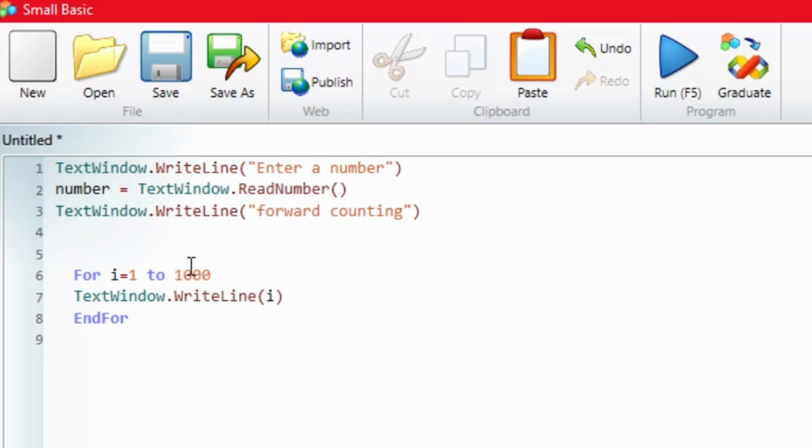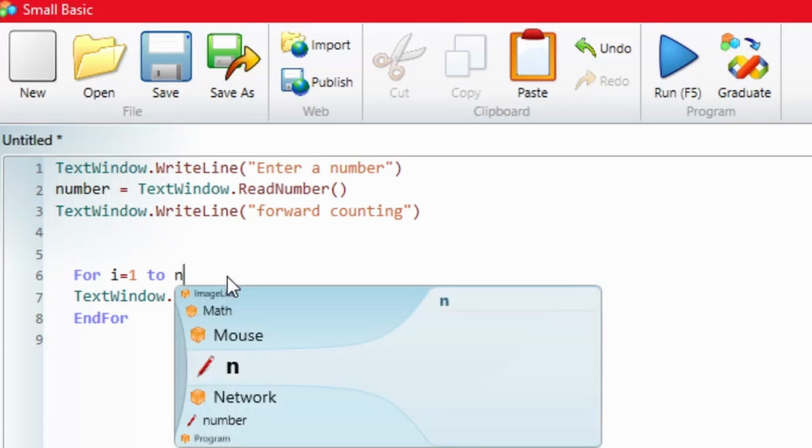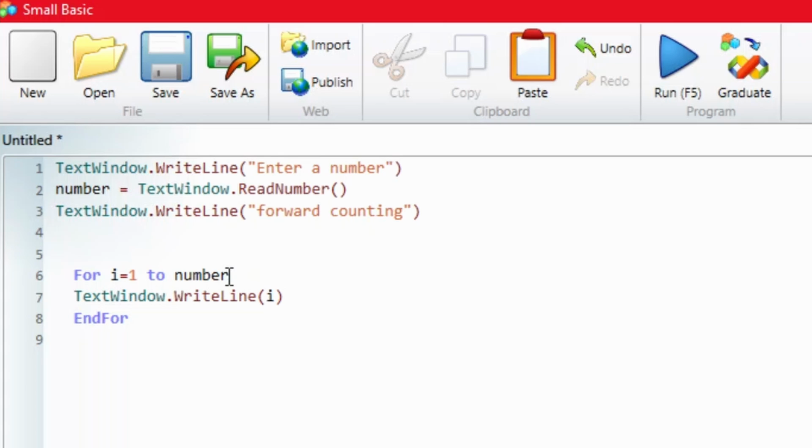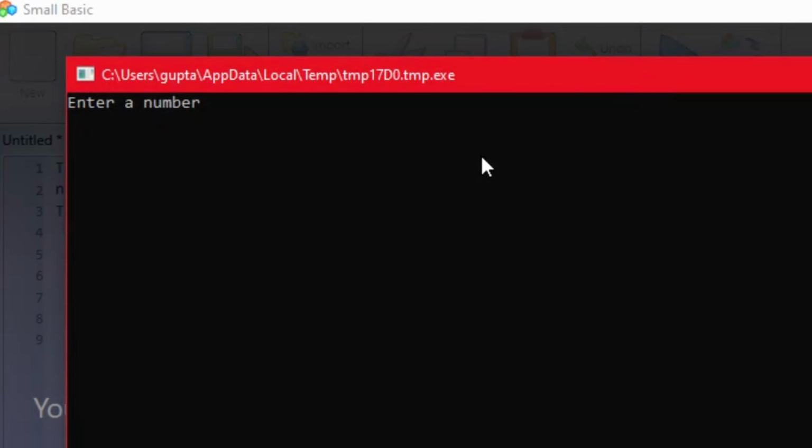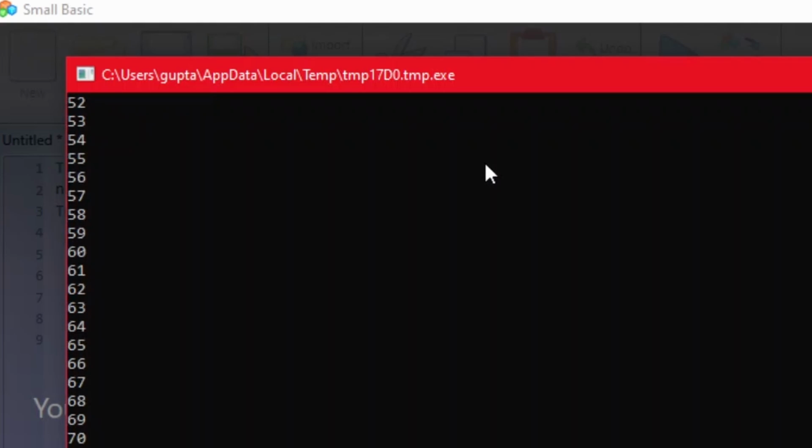Now here, at the place of 1000, we will write the number variable. Let's run it. Enter a number, suppose 100. See, the forward counting till 100 is printed.